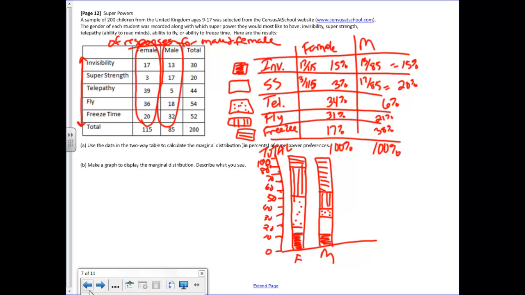Through a different textbook, I found different sets of data, and I wrote my own questions to go with them so that you can see what's the difference between marginal, what's the difference between conditional, and are we getting the right answers. I will put the answer key up under the screen in a second, so as you go through, you can kind of see. I put it through the copier. It shrunk it down from a full page to half a page, but as it was going, I'm like, I guess that's okay because you can use a space off to the side to show your work or on the back or wherever. I'd like you to get this done before you go